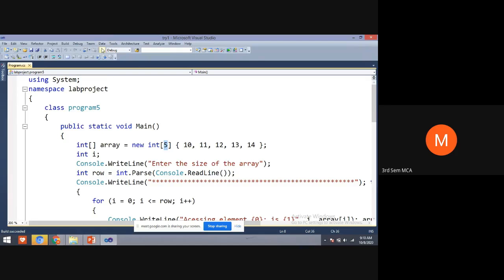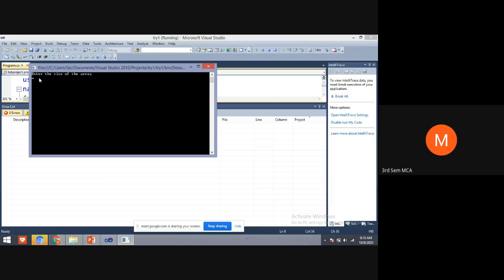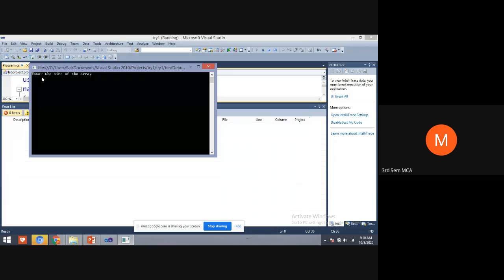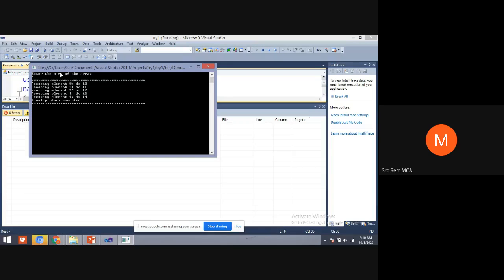See here, I'll run this program and I'll show you. First, I'll run. If you are attending class on a mobile phone, please zoom your screen, students, because I cannot increase the font size of this output. Here it is asking to enter the size of an array. I am giving the size 4. The maximum size in the program is 5, but here I am giving 4. Yes, it is displaying some output. Students, is it displaying the output?